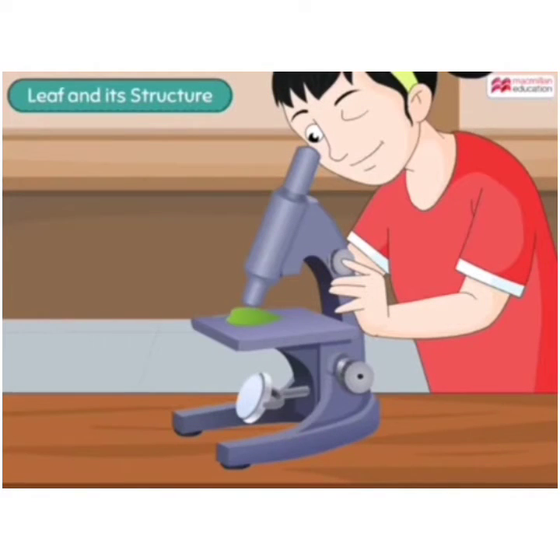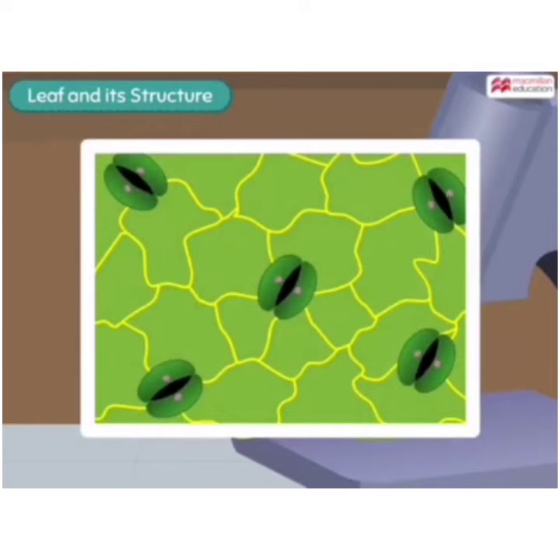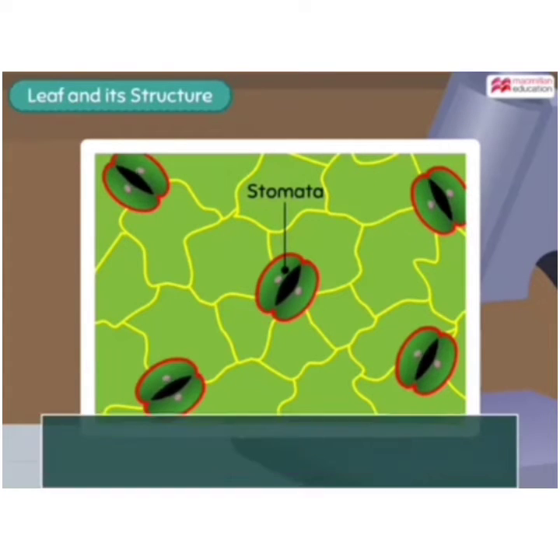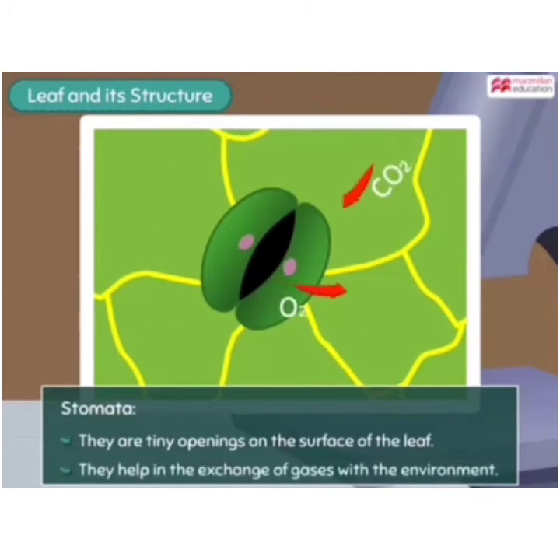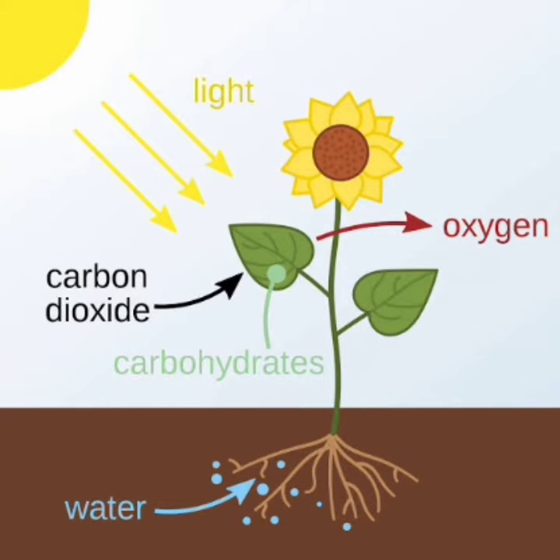If we look closer at the leaf under the microscope, we will see numerous tiny pores on the lamina. These pores or openings are called stomata. They are present in large numbers on the lower surface of the leaf. Stomata help in the exchange of gases with the environment. Next,